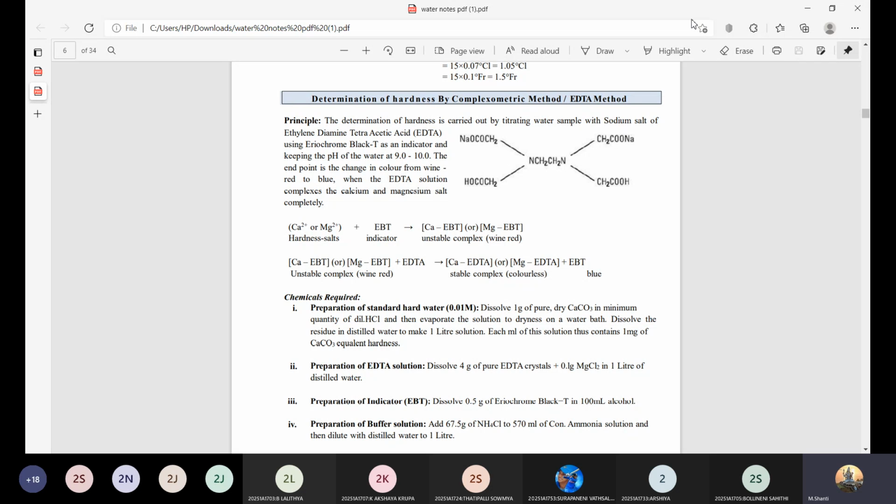I think the other day when I was telling you about the introduction topic, I told you that in the lab you have an experiment which is called the EDTA experiment, where you can find the hardness of the given water sample. So that is what we are going to learn in today's class. Experimentally, how you can find out the hardness of a given water sample, and based on these values you can assess the quality of water, whether it is fit for drinking purpose, domestic purpose, or for usage in boilers.